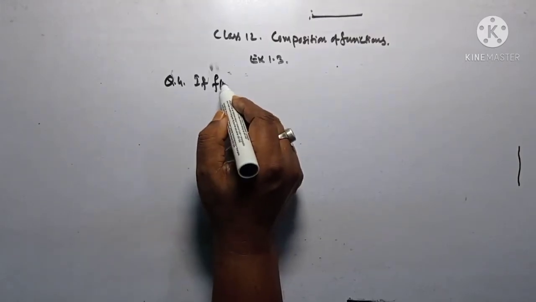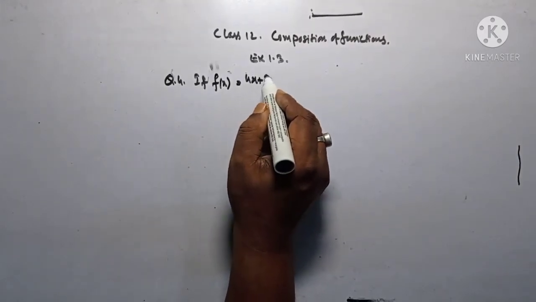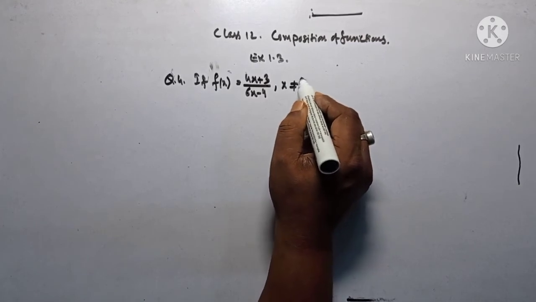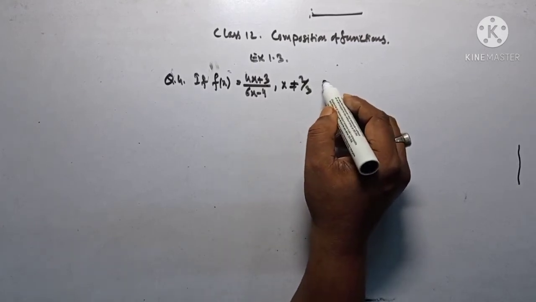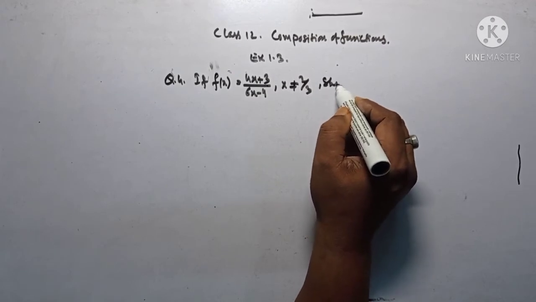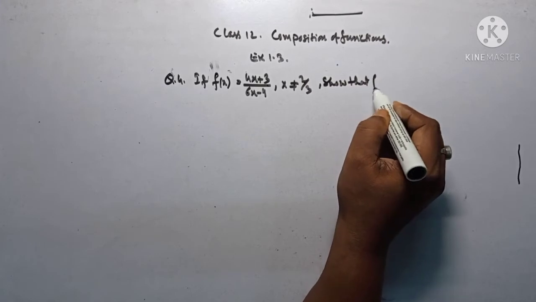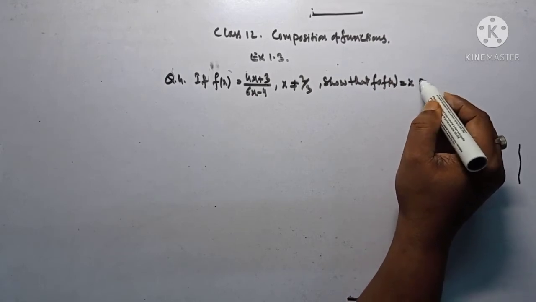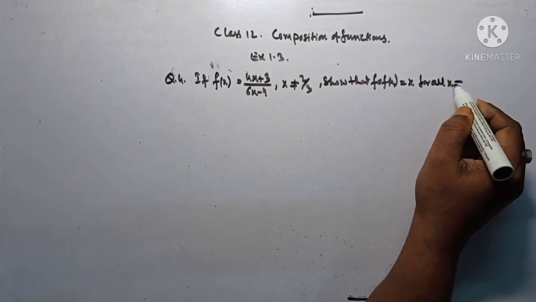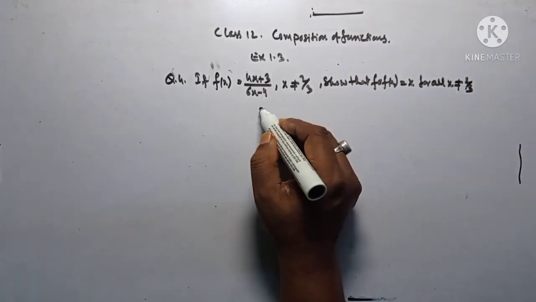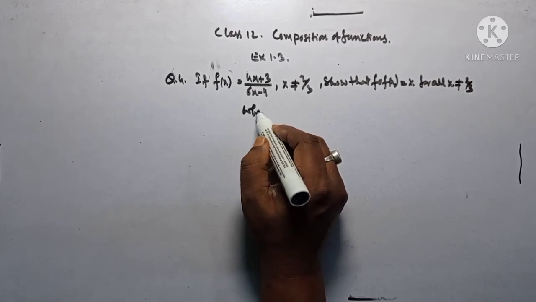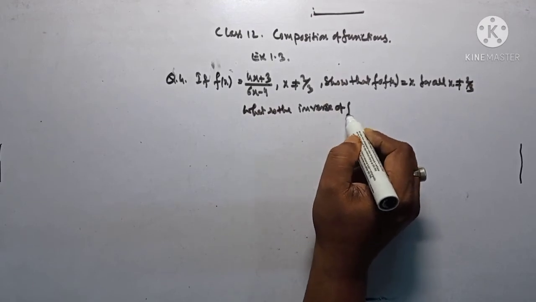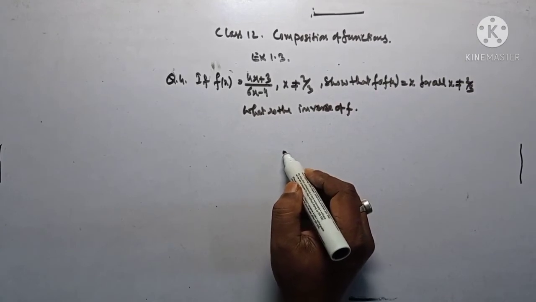If f(x) is equal to (4x plus 3) by (6x minus 4), where x is not equal to 2 by 3, we have to show that f of f(x) is equal to x for all x not equal to 2 by 3, and we have to find out the inverse of f. So here you see